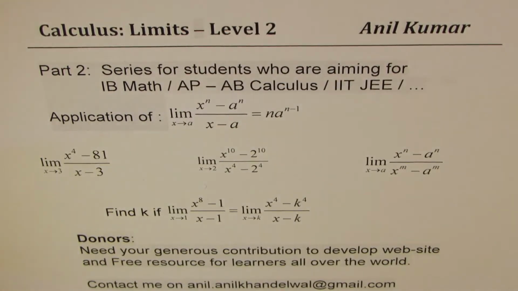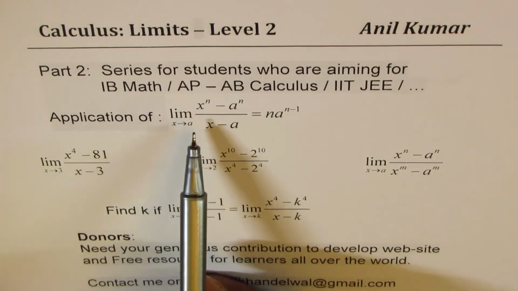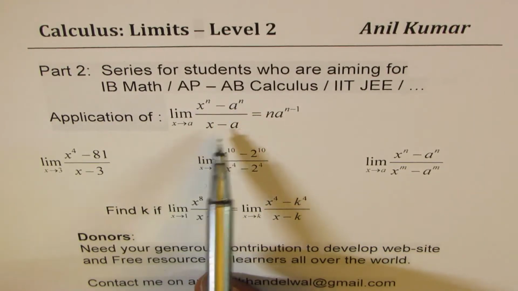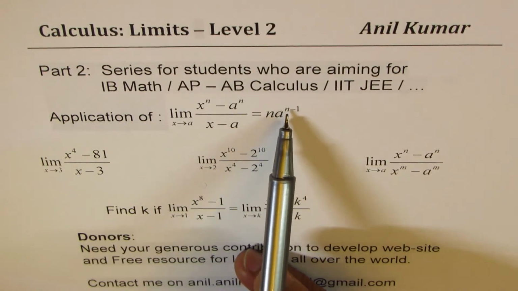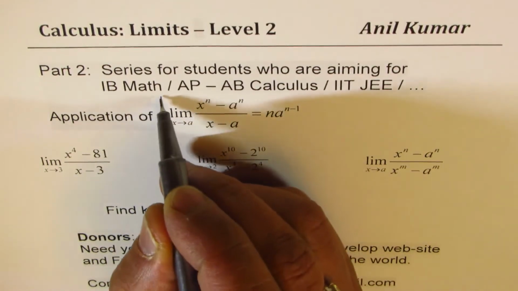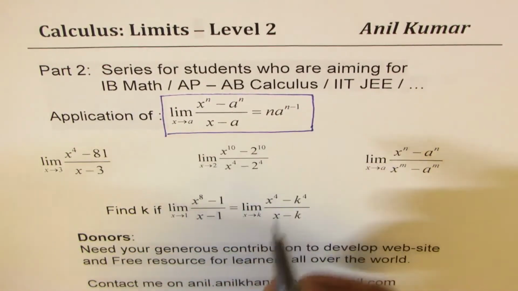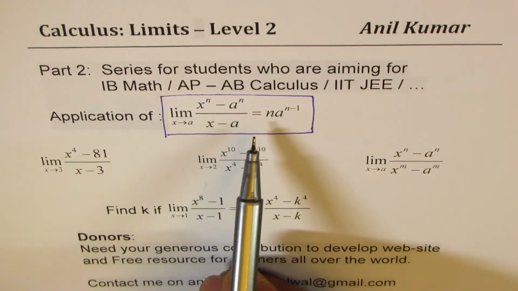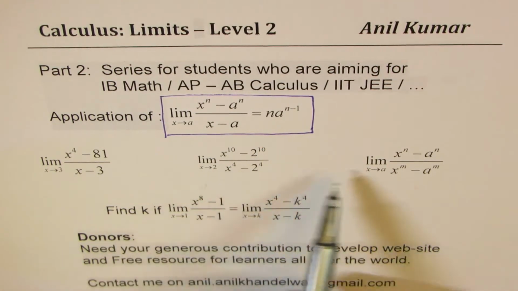In this particular series, I'm going to apply the limit of x to the power of n minus a to the power of n divided by x minus a, as x approaches a, equals n times a to the power of n minus 1. Now this is a standard formula which we have derived in the set of utilities. So I'll provide a link for this and we will see how, based on this formula, we can solve questions